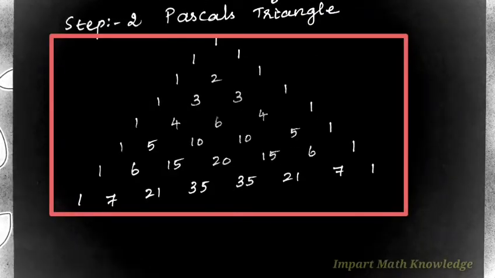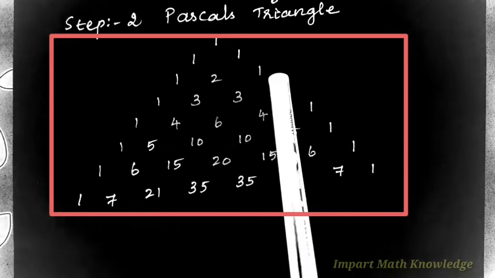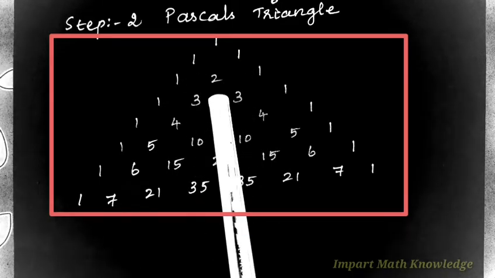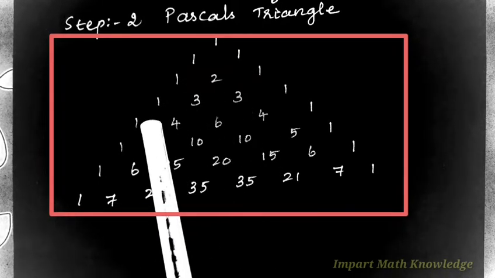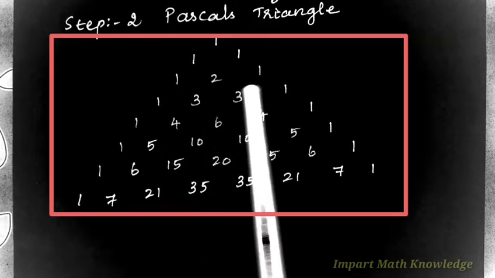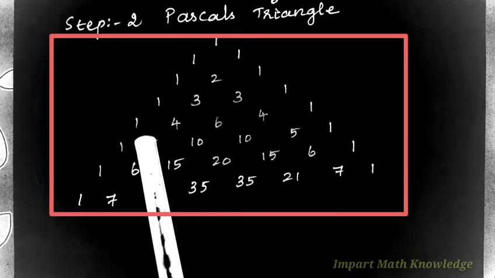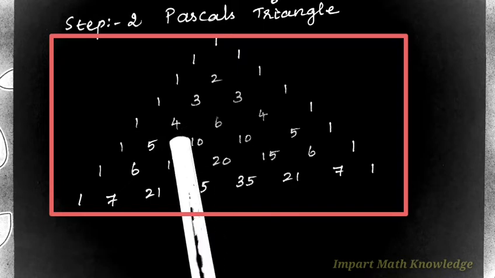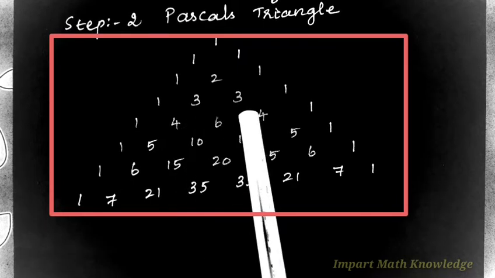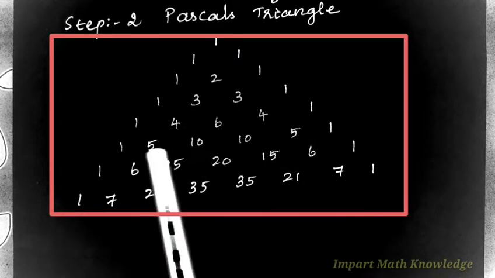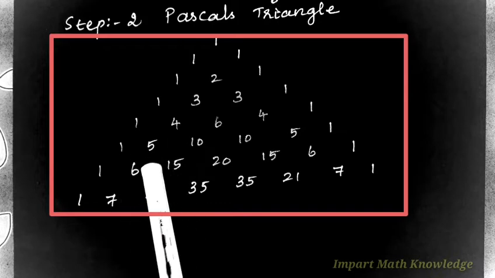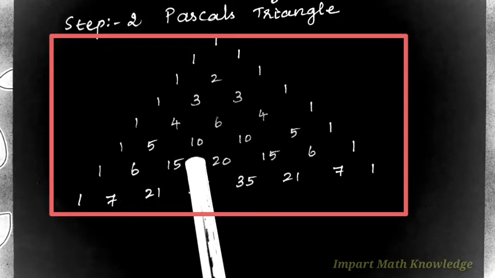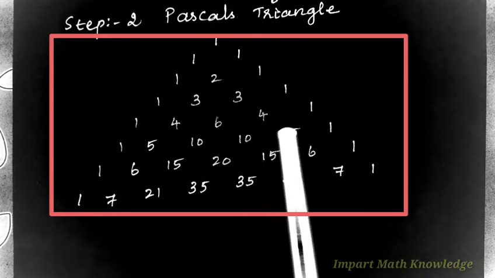So you write up to 7 terms. 1, 1. 1, 1 plus 2 is 2, then 1. 1, 1 plus 2 is 3, 2 plus 1 is 3, then 1. Then 1, 1 plus 3 is 4, 3 plus 3 is 6, 3 plus 1 is 4, then 1. 1, 1 plus 4 is 5, 4 plus 6 is 10, 6 plus 4 is 10, 4 plus 1 is